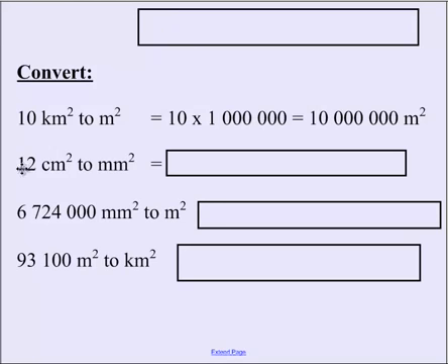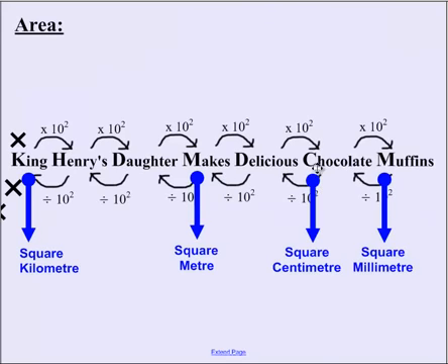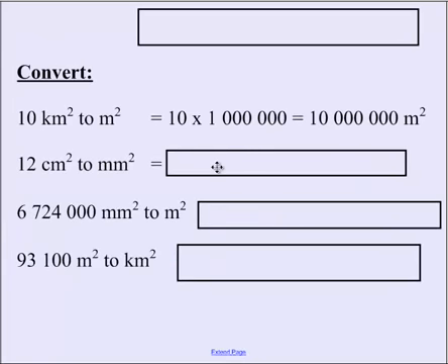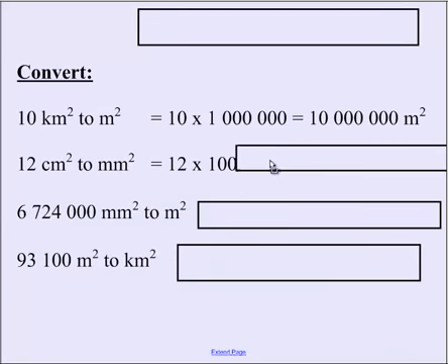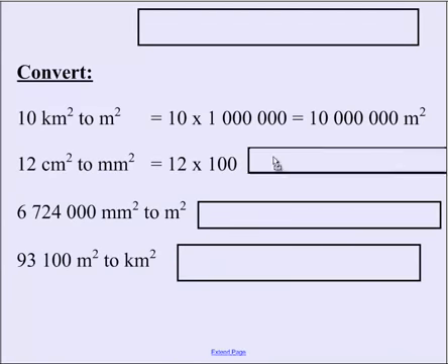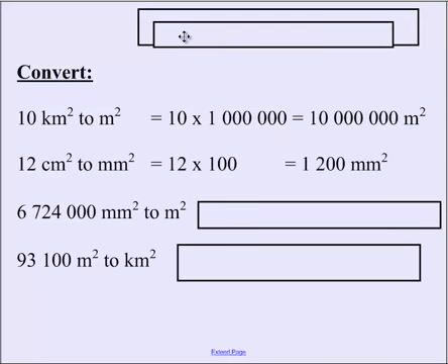Alright, so converting 12 centimeters squared to millimeters squared. Centimeters here to millimeters, we're only making the one jump, which means we only need to move the decimal place 2 places, or times by 100. So 12 times 100 gives us 1200 millimeters squared. This one here,